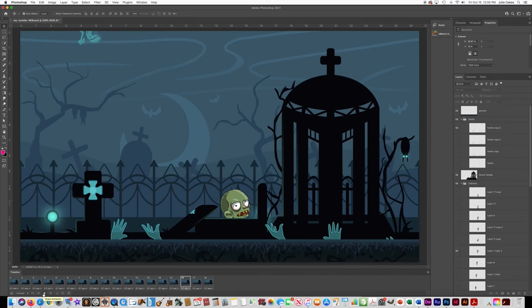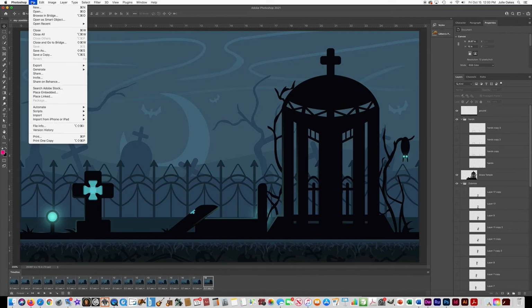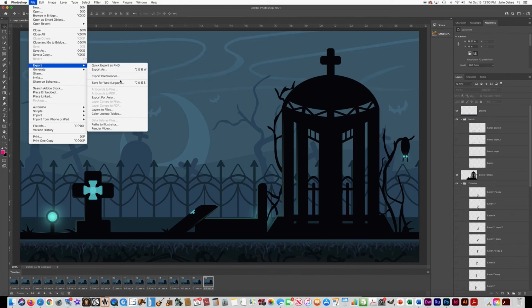When you're done and you're ready to export it, first of all, press save so that you have a Photoshop file of your document. That's very important. Make sure you press save. But then to get a GIF, you need to go to File, Export, and pick Save for Web Legacy. Click on that